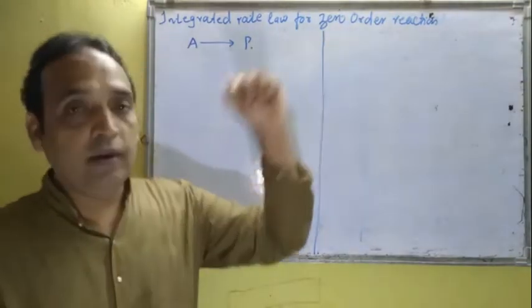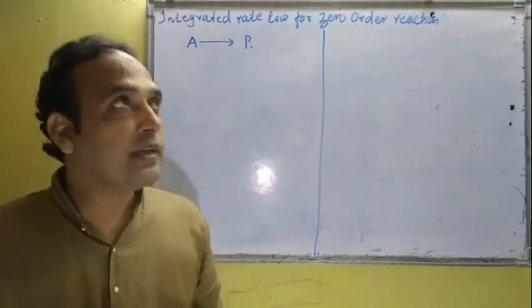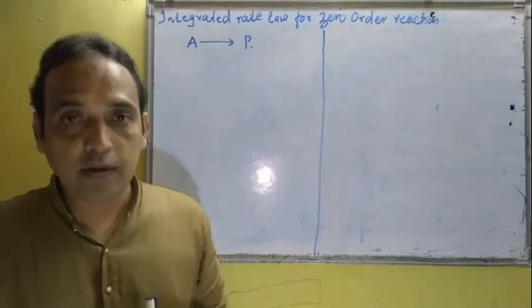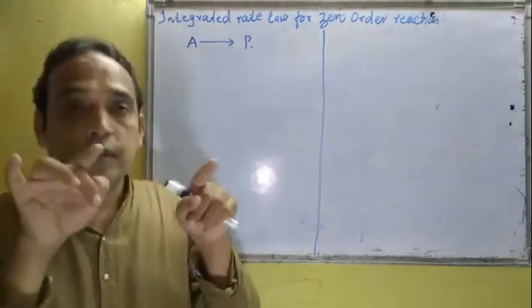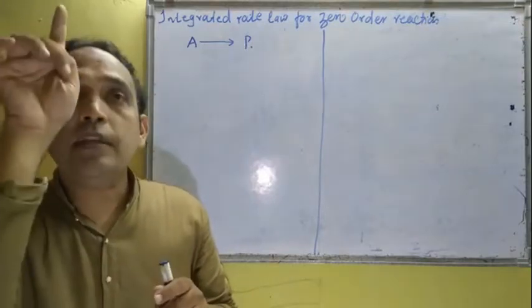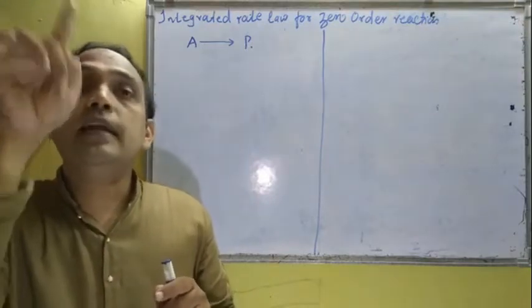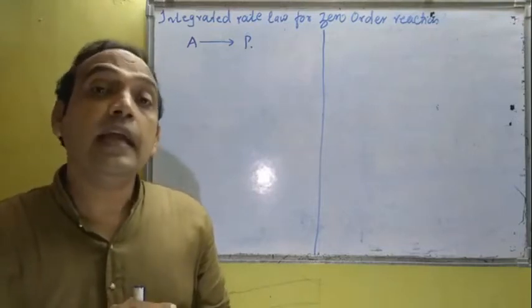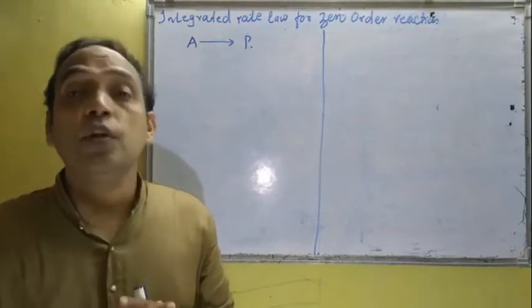Now what is zero order reaction? Actually zero order means the power is zero, and that power is called order. Already we have discussed, वो जो concentration का power रहता है उसको अपन order बोलते हैं. Now zero order means the power is zero, and power is zero means rate is independent of concentration of reactant.